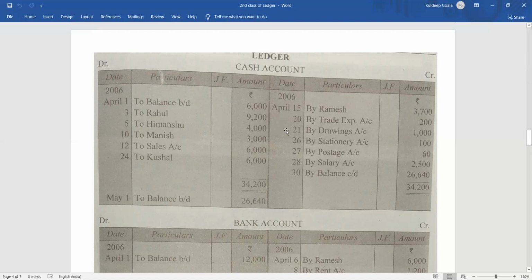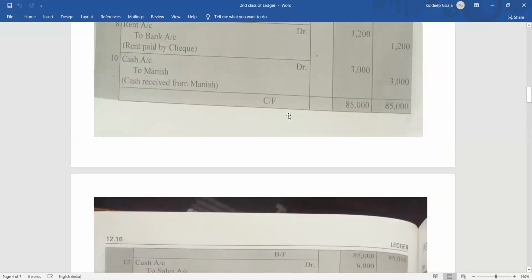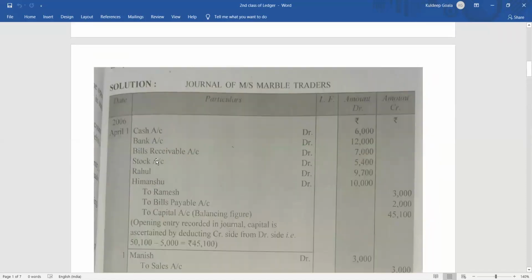The composition of all the assets, you can see here, okay, equals capital plus the liability. So it is related to capital. There might be some amount of liability also, but here it doesn't seem like it, because one is bills payable, which means some bill was drawn, and the other one is Ramesh, so most probably we have purchased goods from him. So the cash is not related to them, that is why I'm telling you that cash was related to capital. So ignoring that fact, let's start.